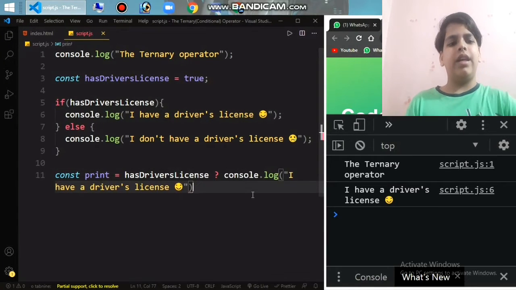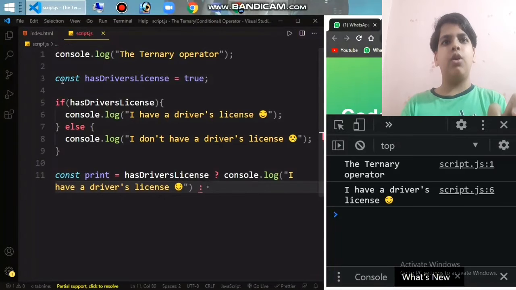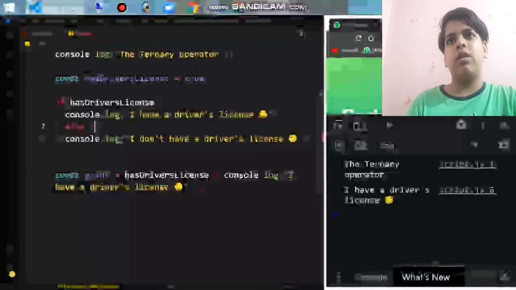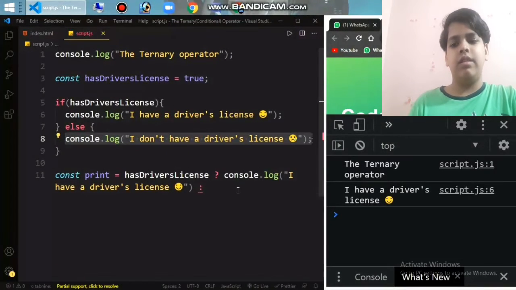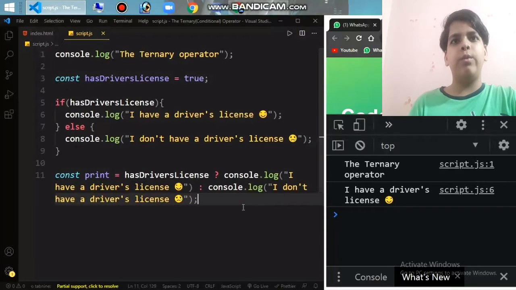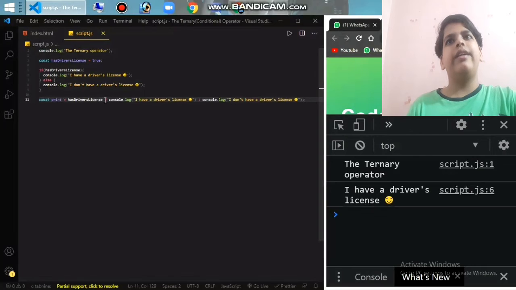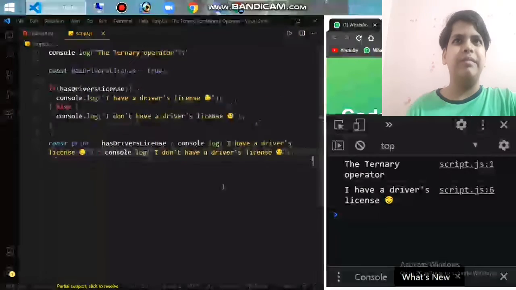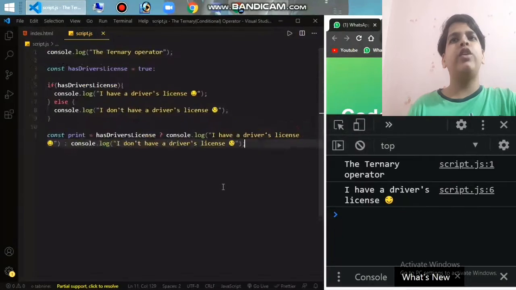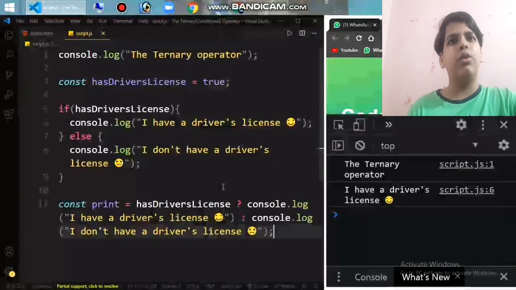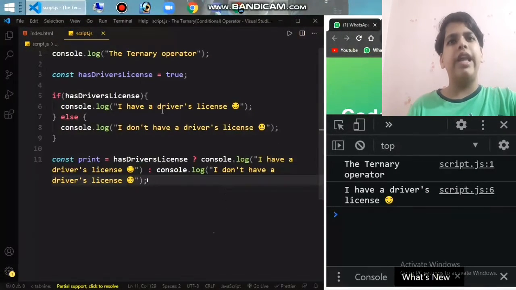And for the else block, I'll make a colon and then I'll write the else block here like this. Ctrl+C and Ctrl+V. So in one line only I can do it: hasDriversLicense, question mark, and then the if condition, then a colon, and then the else condition. It's that simple.